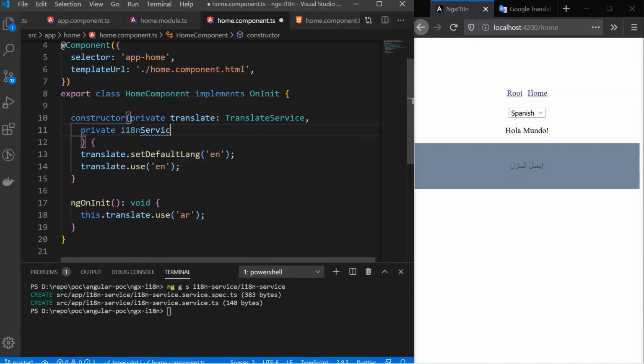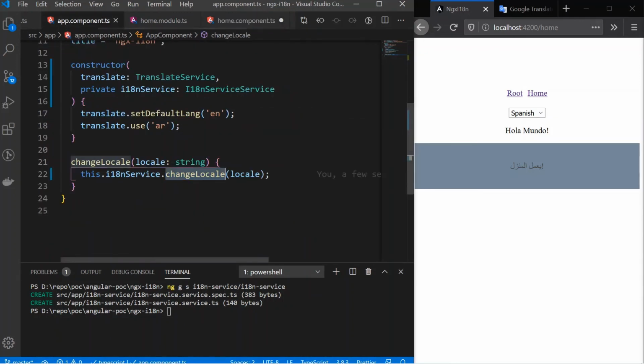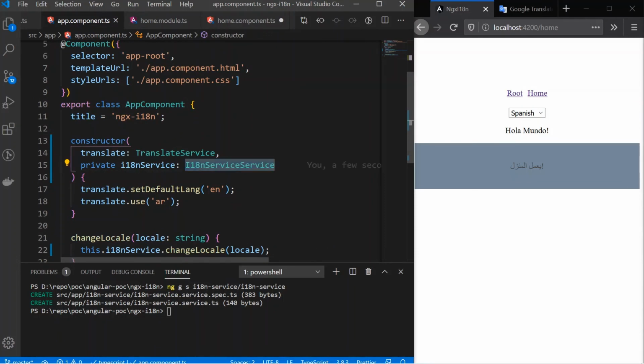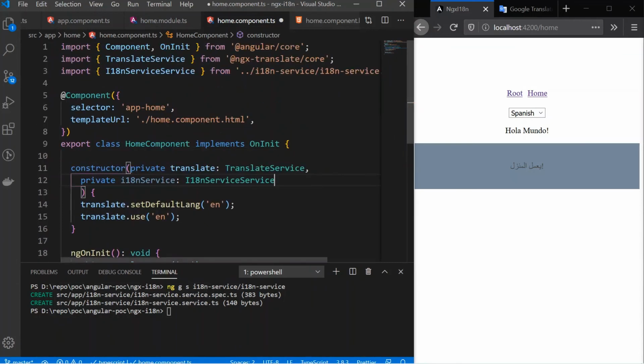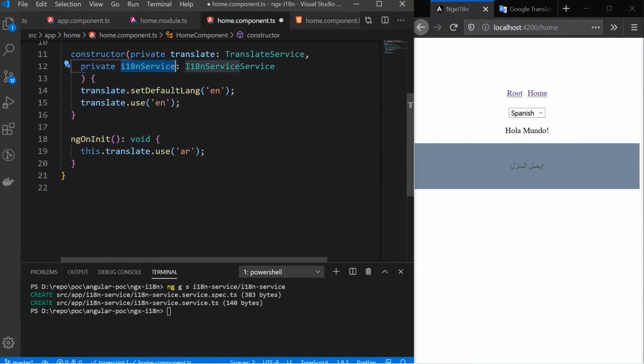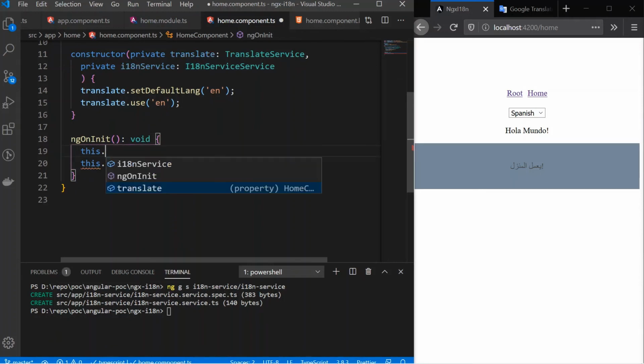Okay, I'll do that in the next line. I18n service, sorry, the name was i18n service. So let's import it. And let's use that inside ngOnInit. So here we have this event.